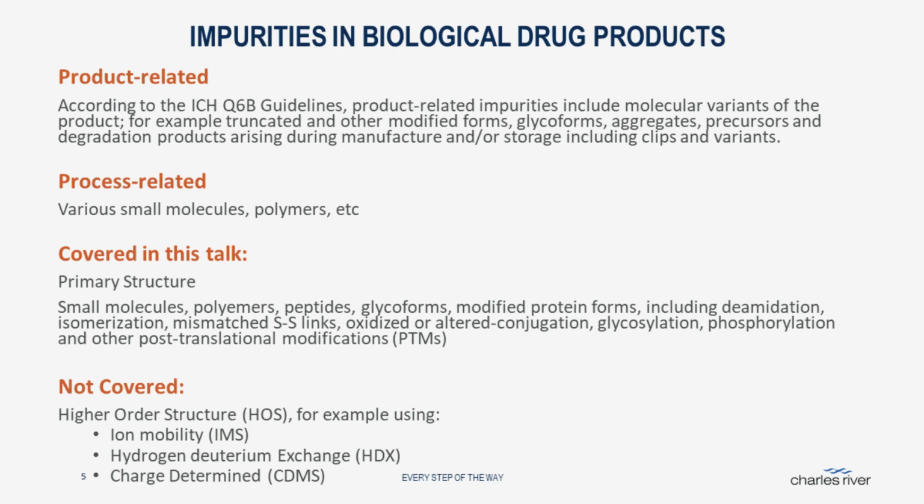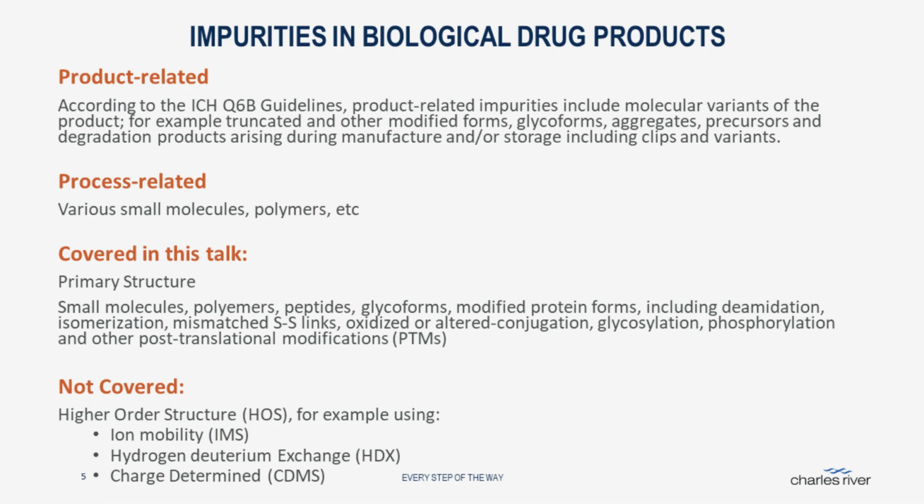So these might include clips, other types of variants, for example, oxidized species, deamidated species. There's quite a wide variety of different chemical modifications that can occur to biomolecules. And then secondly,